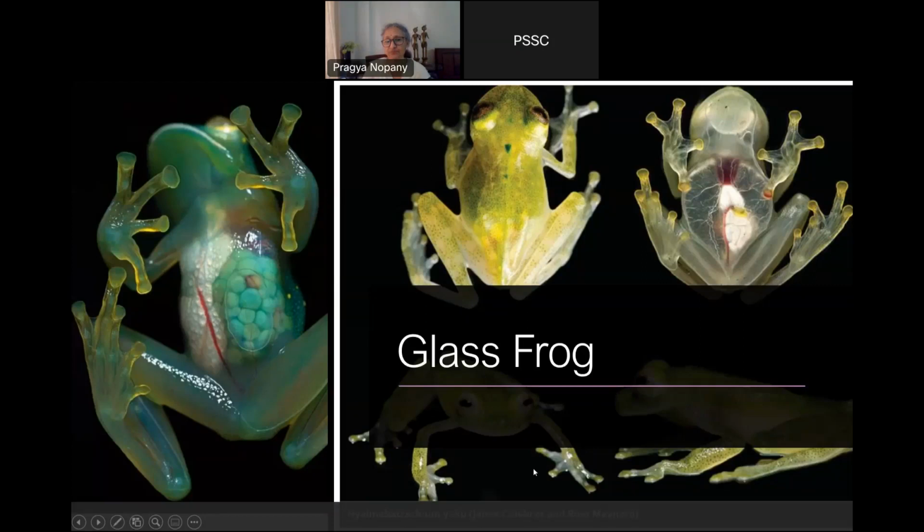Now look at this picture. This is a glass frog. Now I don't mean that this frog is made of glass. It's a real frog which is called glass frog because its bottom is transparent and you can see through it. You can see this mother frog and the egg inside its stomach. So how can you use this picture to start some analysis, to start some thinking, some evaluation?